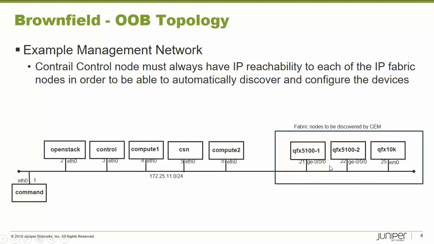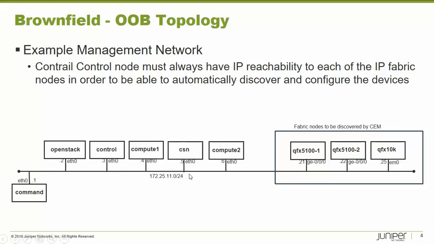These devices are just hanging off here to be discovered by the Contrail control node, essentially, which we'll see in a second. But right now, they're just attached to the same subnet as the management subnets of my Contrail cluster, which is an existing Contrail cluster. I have an OpenStack node for VM orchestration. We've got a Contrail control node that does the Contrail control functions plus analytics and all the other fun stuff, the web UI. There's two compute nodes, two OpenStack compute nodes that are also acting as Contrail vRouters, and also a CSN that provides DHCP and DNS for any bare metal servers